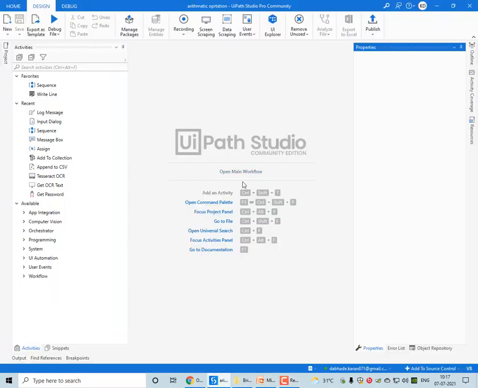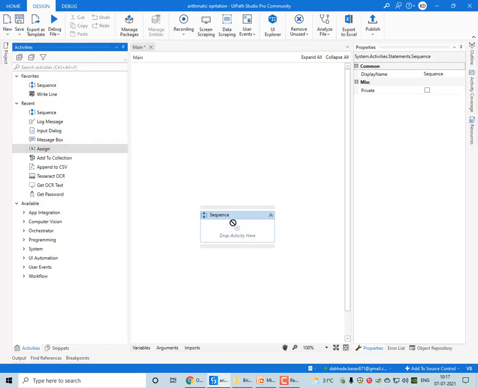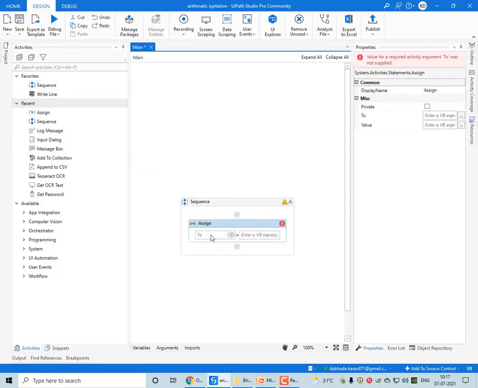So opening workflow, dragging sequence, taking one assign activity. Here to create a variable, I can use three methods. First from here, second from this downward variable, and third directly from here. So let me start here.